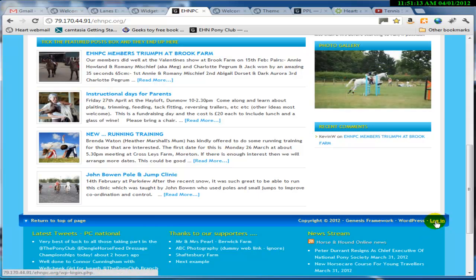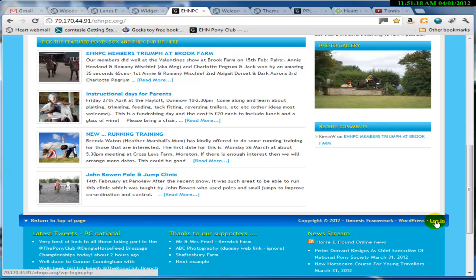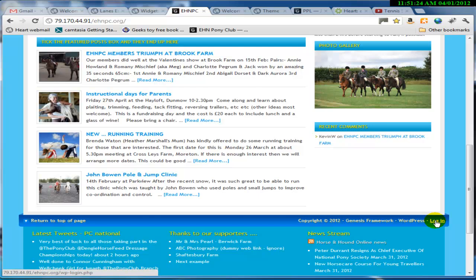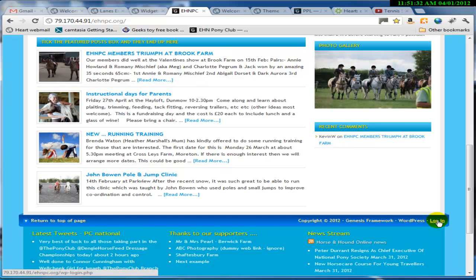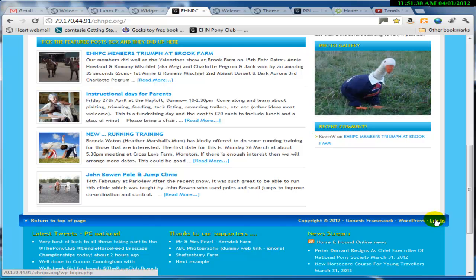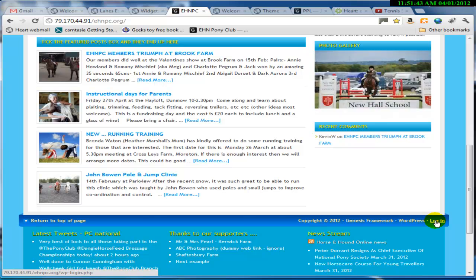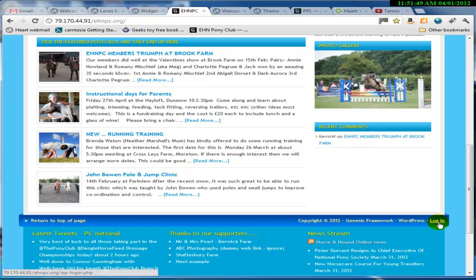So if you primarily are an administrator, this is where you'd log in, but also in time we may have various functions for users who wouldn't have access to the back end of the website as such, typically the Pony Club children, that we may grant them permission to comment on stories, but you'd probably want to set parameters that they had to be logged in, so we didn't have a bunch of idiots putting dodgy messages on there. So this is the login button,